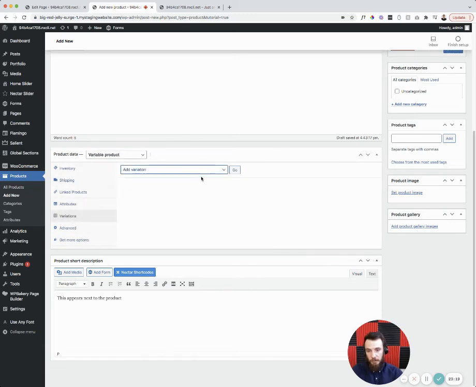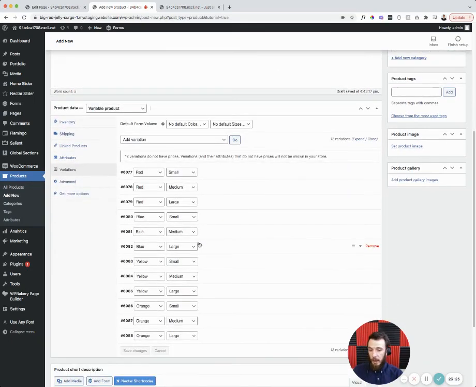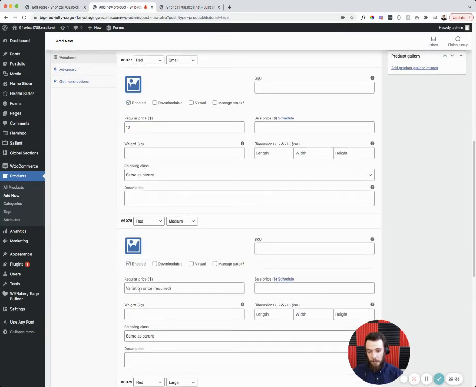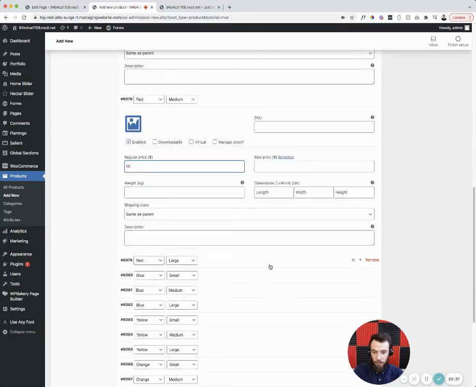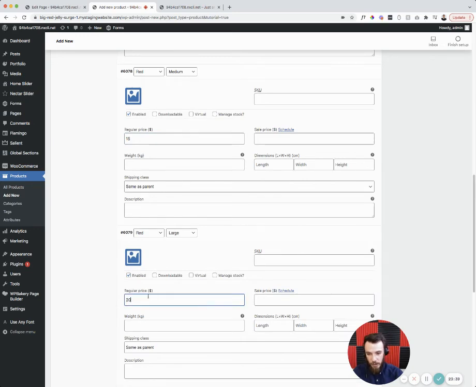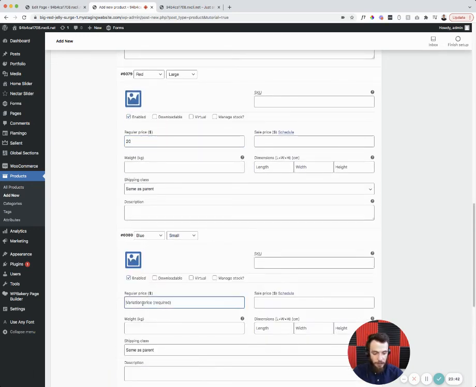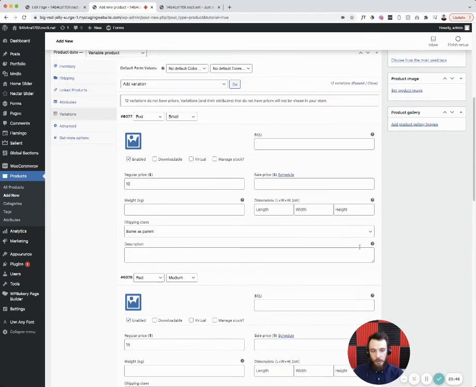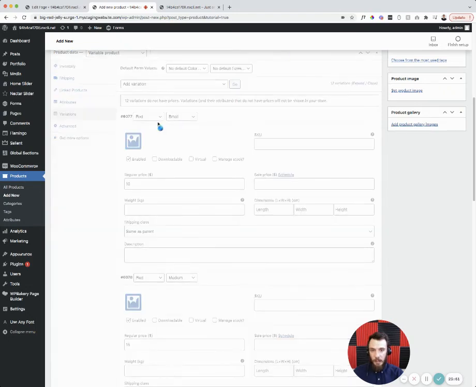If I wanted to create variations from all my attributes with those two, what it's going to do is basically multiply the 4 colors I have by the 3 sizes. It's going to have every combination possible. So if the red small t-shirt is $10 and the red medium is $15, or $150, and the red large is $20, and the blue small is $30, or whatever you wanted to do, right? Obviously, most of the time, there's only going to be one variation that actually